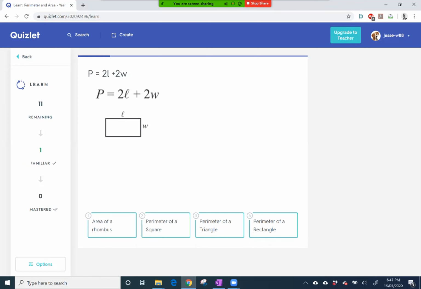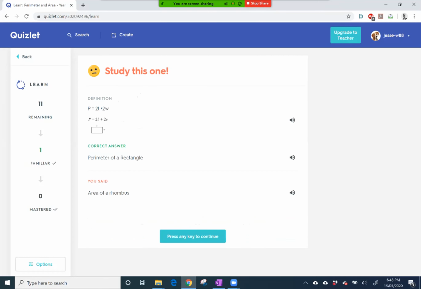Here we have kind of a definition. And so looking at that, what is this the perimeter of? Well, it's the perimeter of a rectangle. But why don't I just say it's the area of a rhombus so that we can see what happens if you get it wrong. So in the event you get it wrong, don't just be quick and press any key